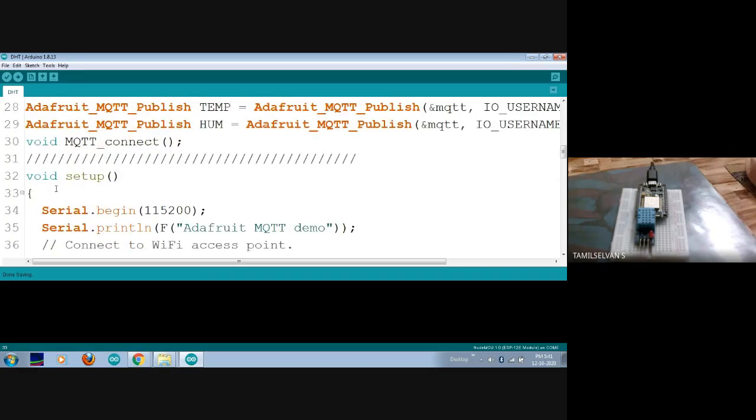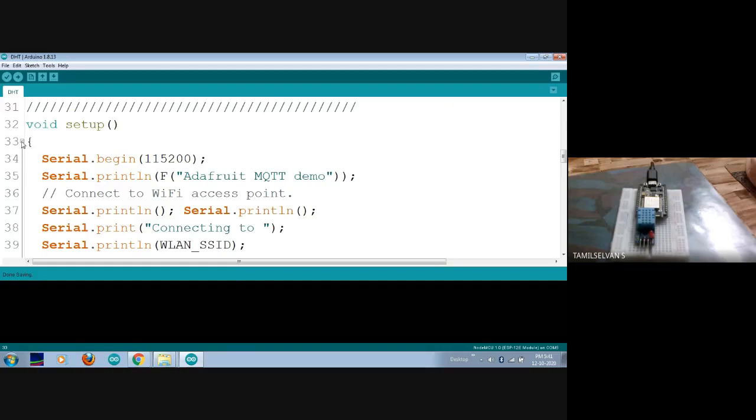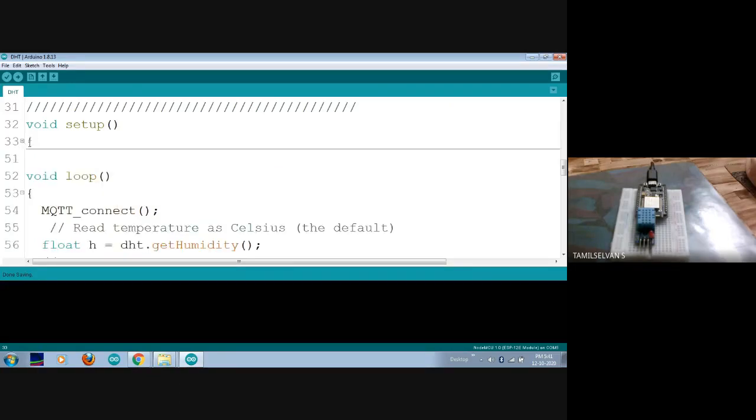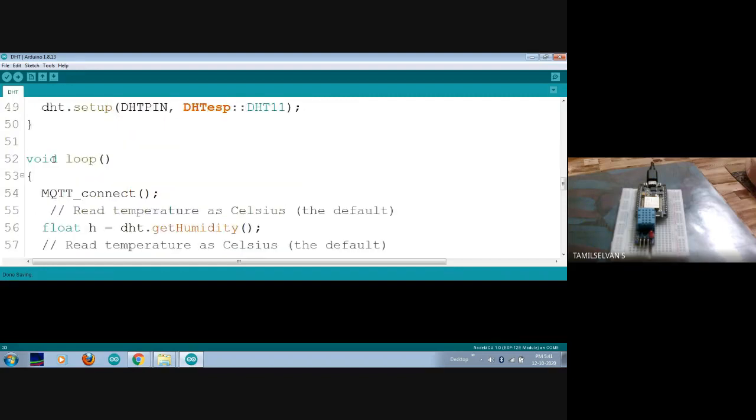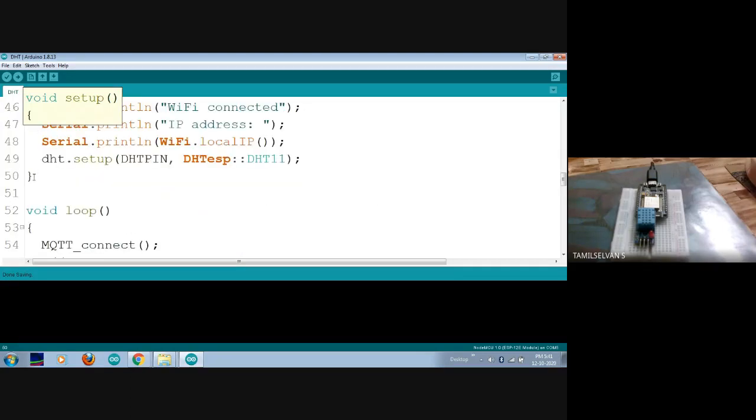So this is called code folding. At the left corner I can see a minus sign. If I click on this, I can see the starting and end point of my setup program. So this is the complete code for my setup function. And even at the last end point, if I click, I can see where the starting point is for this particular closing brace.